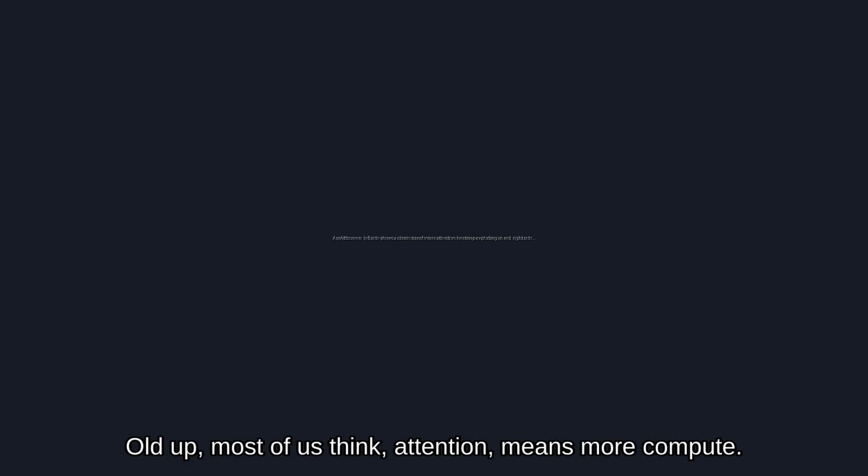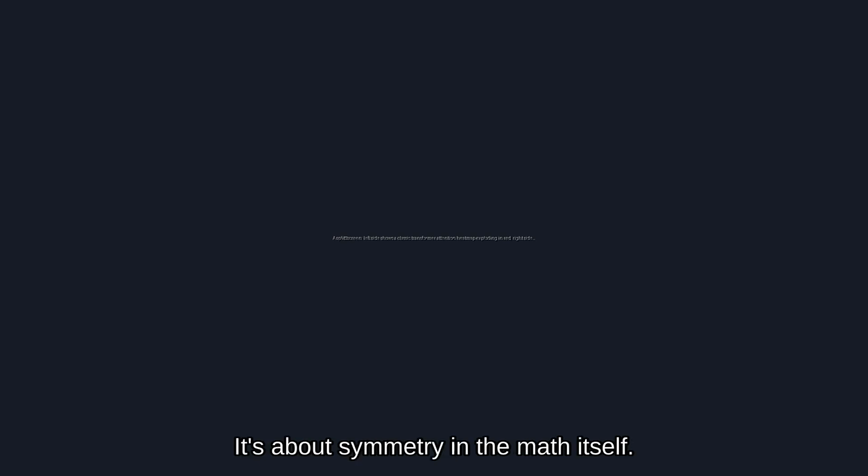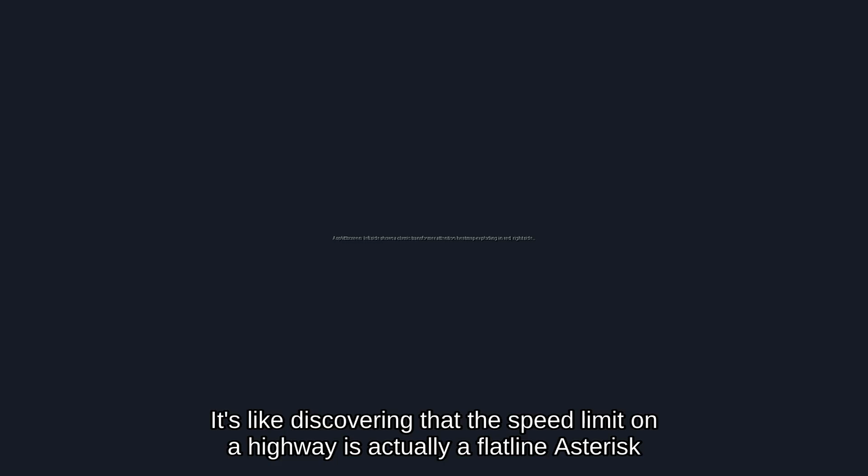Hold up. Most of us think attention means more compute, more money. But the breakthrough isn't about bigger GPUs. It's about symmetry in the math itself. By reframing the Taylor series around a mirrored point, the cost per token stops growing. It's like discovering that the speed limit on a highway is actually a flat line instead of a rising